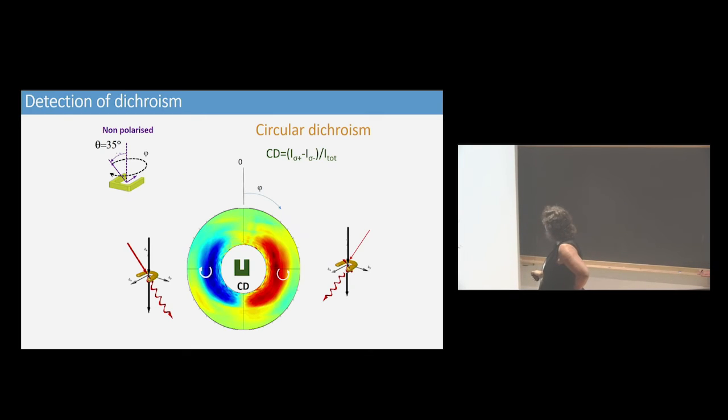That means that when we calculate what we call the circular dichroism, I calculate the difference of intensity between the light which is polarized with sigma plus minus the light which is polarized with sigma minus. So this is the circular dichroism. You can prove that depending on if you illuminate in this direction or this direction, the light is mainly sigma plus or mainly sigma minus, which is expressed here. So here is mainly, let's say, sigma plus. I never remember if it's sigma plus or sigma minus. And here is the reverse.